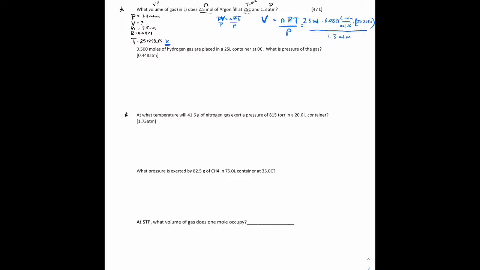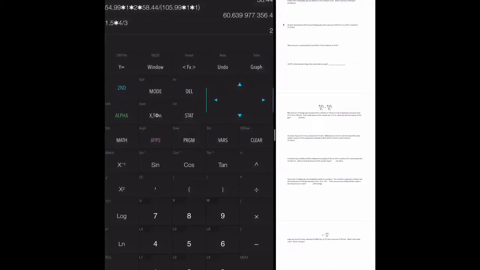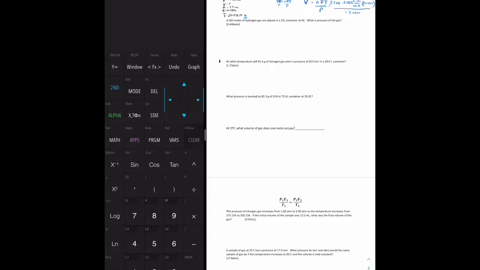I'm going to bring up my calculator over to the side. Clear it out. And I'm just going to put my numbers in. 2.5, I just like to go across the top, times 0.0821 times parentheses 25 plus 273.15 parentheses divided by 1.3. You might think, how am I going to do sig figs? Well, we have just 2 sig figs here. I don't have anything that's less than 2 sig figs, so I'm pretty good on just going with 2 sig figs. And so that answer is